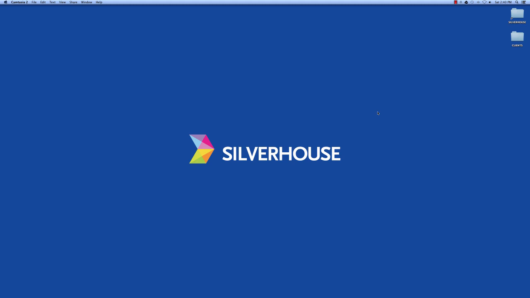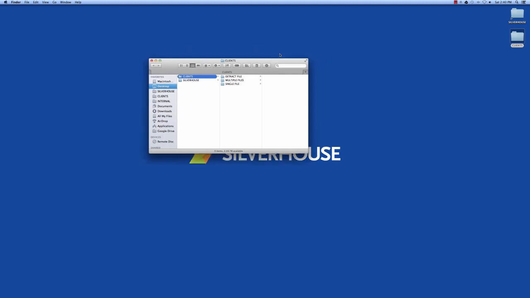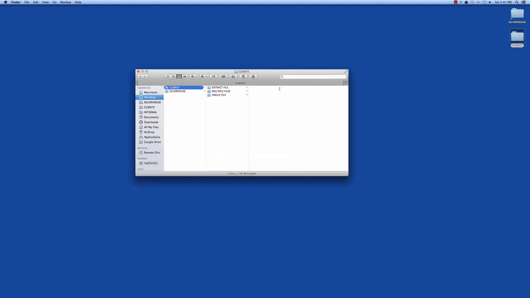Today's tutorial is just going to show you how to unzip a file or unarchive it, and how to archive multiple files for sending in an email. So first thing we're going to do is go over to our folder, and the first thing I'd like to do here is